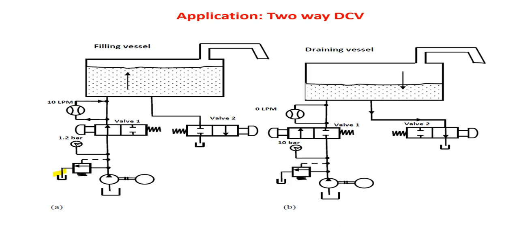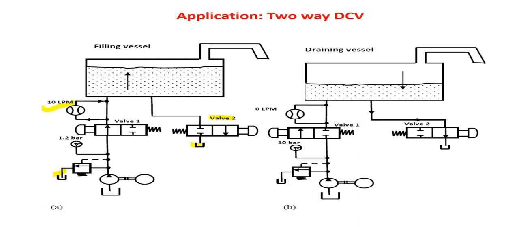You can see this is the symbol of a flow meter. You will often see this symbol in further diagrams. So I'll just make it clear that this is a symbol of a flow meter, that is, to measure the flow in this fluid line. So it will fill the vessel, whereas the fluid coming out from the vessel is blocked, because valve 2 is normally closed, so it will not allow the fluid to drain back to the tank. This is a storage tank from where the fluid is pumped.